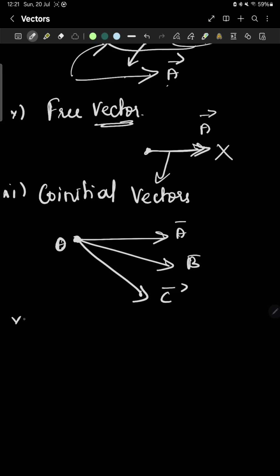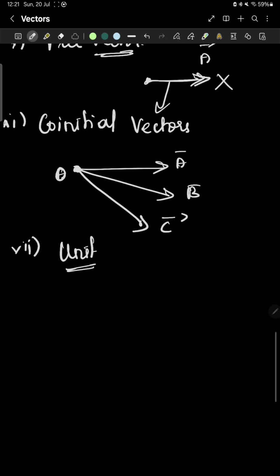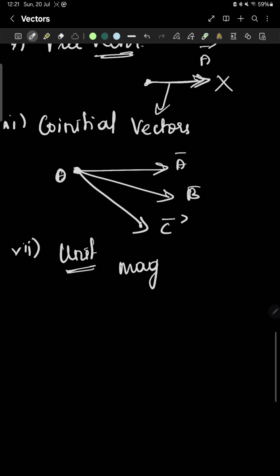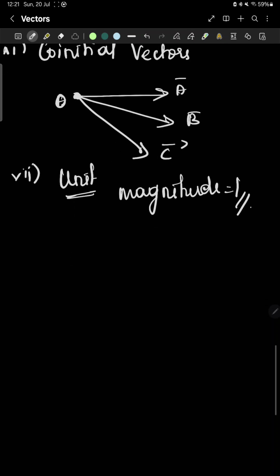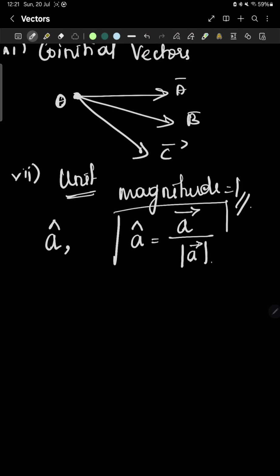And unit vectors finally. Unit vectors in the sense that if the magnitude of the vector is equal to 1, those are known as unit vectors. The unit vector is represented by a cap, or we will say this as a hat. This a cap can be calculated by the formula a vector divided by modulus of a vector. This is the formula to calculate the unit vector. About unit vector we will see clearly in the next